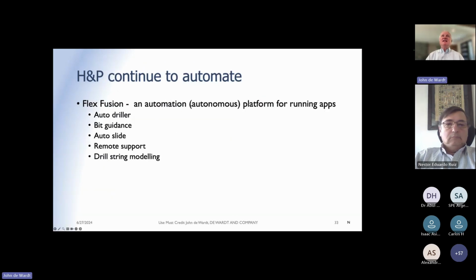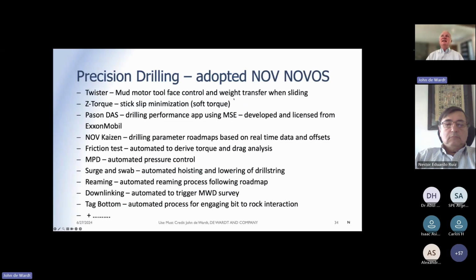So they now continue to automate, and they call this Flex Fusion, which is a suite of services. So auto driller, bit guidance, remote support, drill string modeling. That's particularly from DrillScan and Stefan Menand, who's well known for his work in that. Precision Drilling, they adopted the NOV Novos system, and here's a complete list of the services that they're offering through